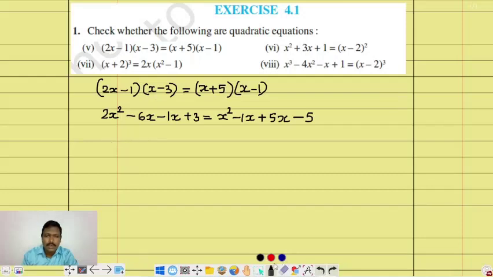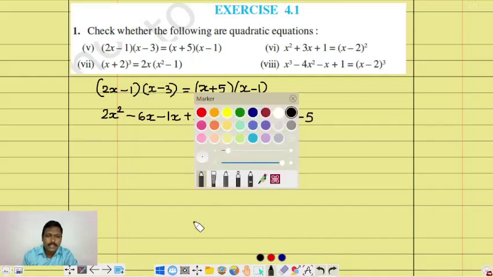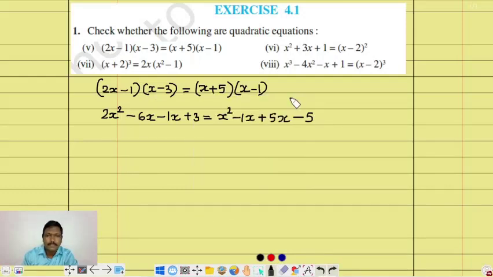So we write 2x squared, then minus 6x minus 1x you can add, you will get minus 7x, plus 3 is equal to,